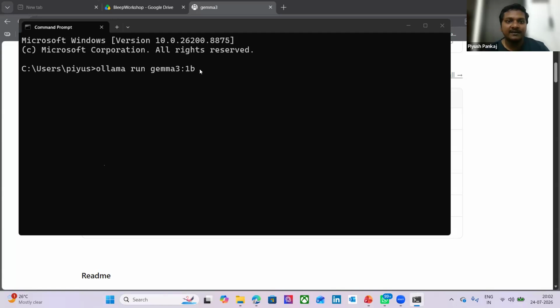Okay, so Ollama run Gemma 3 1B. Now here what you will find, I will be able to use this model in my local system directly. And this model will run without using internet. Whatever tool you are using, ChatGPT and all, you are using it with internet, right? You are going online. This is working in my local system.